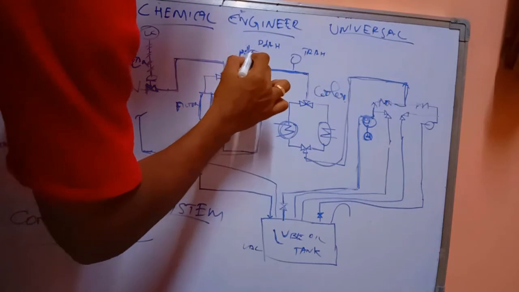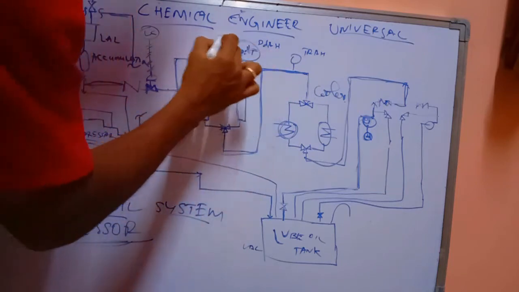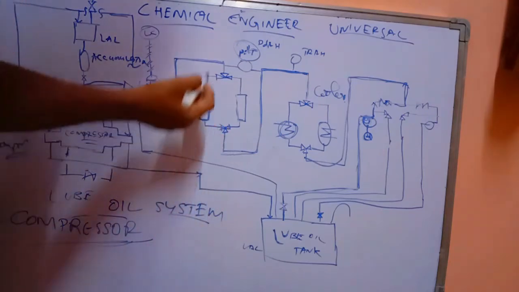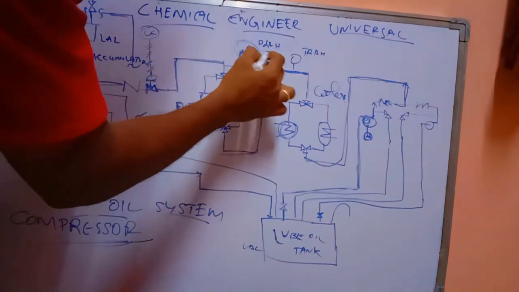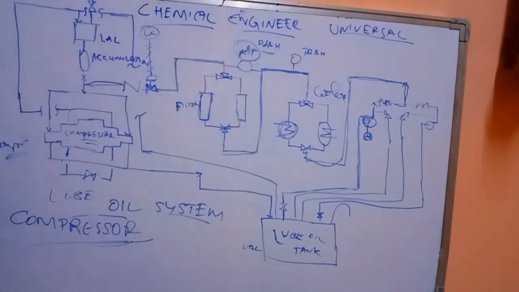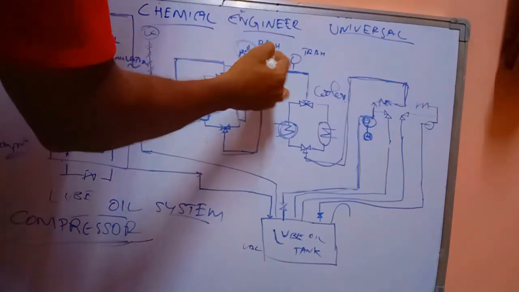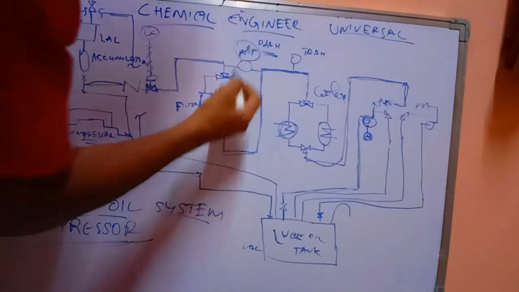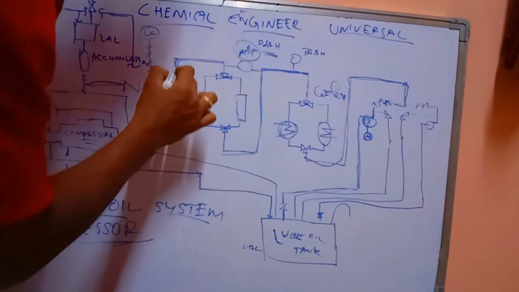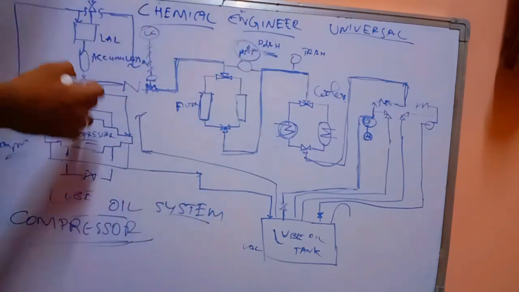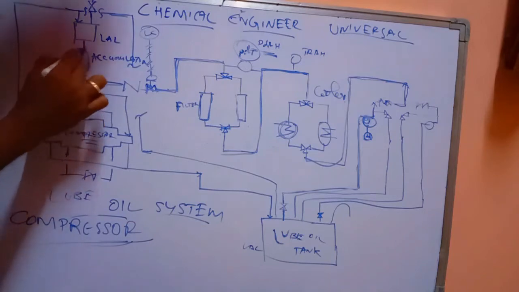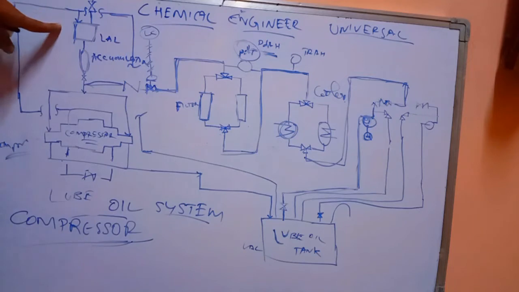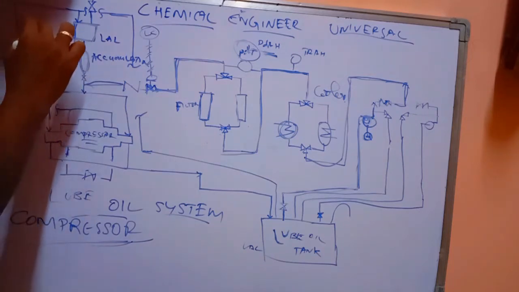We have a pressure differential transmitter, PDT, here. Why this? We may get some choking because of continuous flow through the filter. If the pressure differential increases, we get an alarm. Based on the differential pressure alarm set point, we can change the filter and take it for maintenance. After the filters, we come to the accumulator and then to another lube oil tank, which we call a rundown tank.